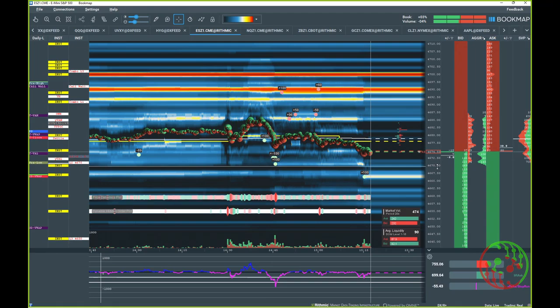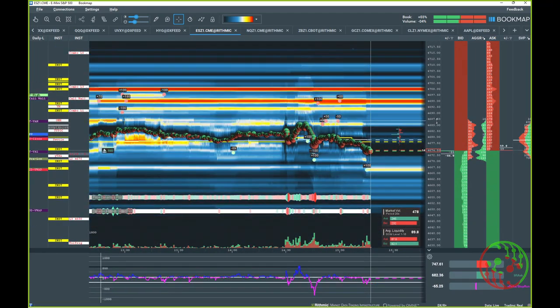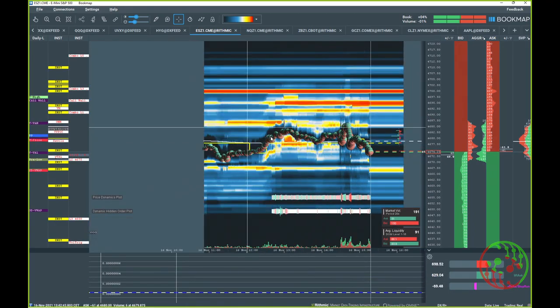So what is the most probable outcome when you see this picture here? That's the ES at the moment. A lot of liquidity at 95. Yes, and what else? And it's 700, so a second layer. Yes.